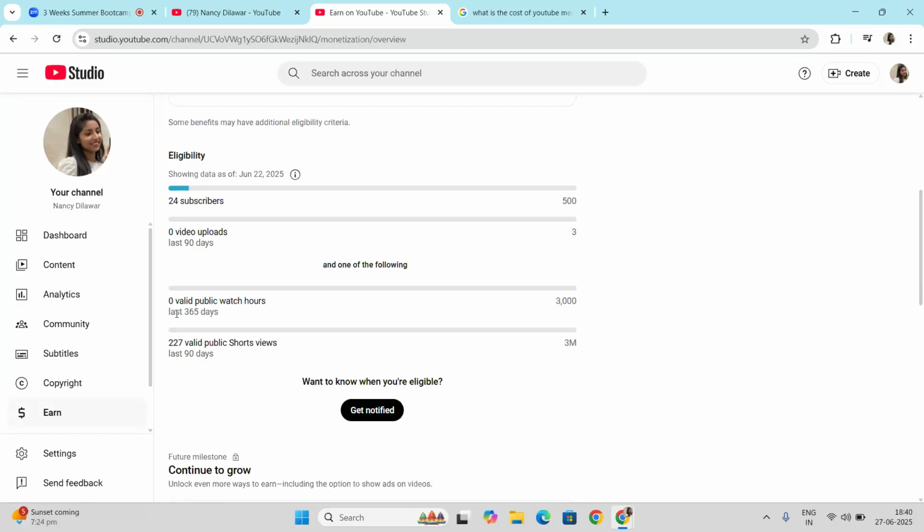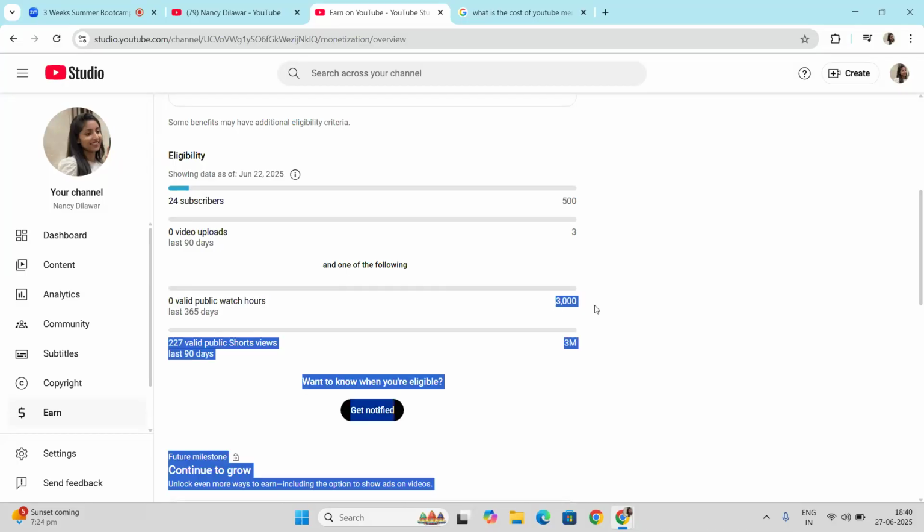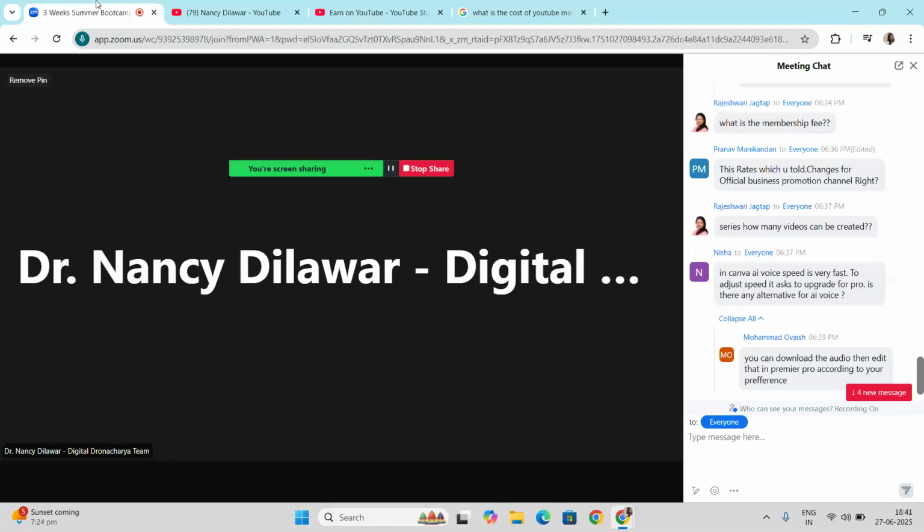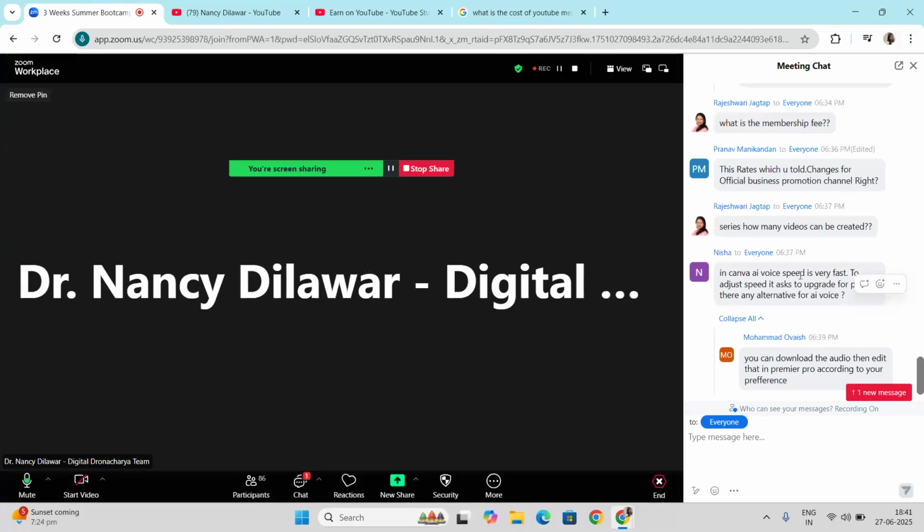In the next 365 days, you have to complete this criteria again. It will start from zero, because it should be completed in the last 365 days. In the continuous days of 1 year, you have to complete these hours. If it's not completed, your next 365 days start again, and it is taken from zero as well. I guess it's clear to everyone.